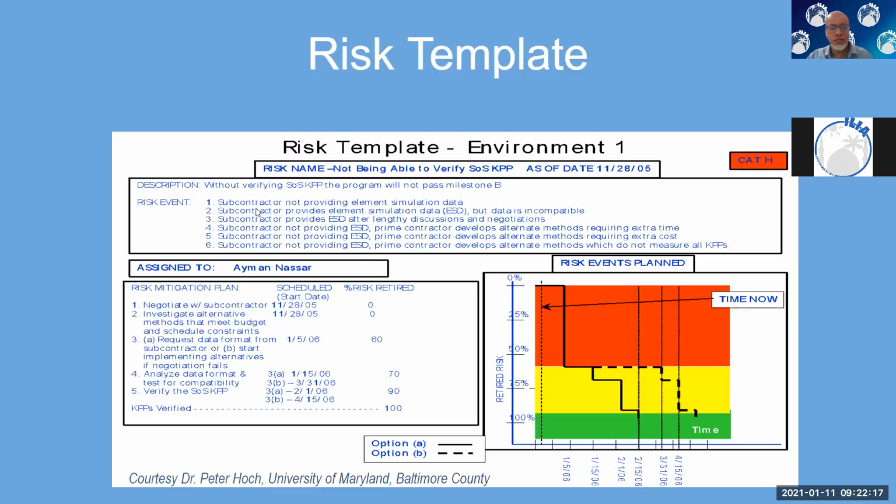And the event could be one of these things. These are the triggers. So why would the phones not work? Maybe technician misconfigured the phone number. Number 2 could be there was a typo in the number. Number 3 could be we forgot to enable forwarding. Number 4 could be something else, and so on. And then you assign that risk to someone on your team and you come up with a plan.